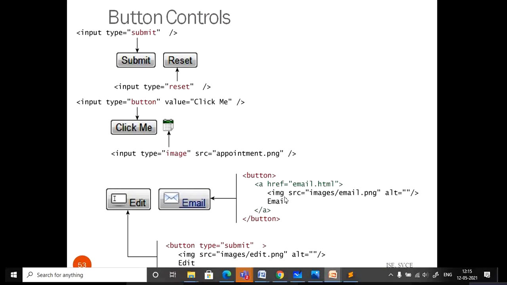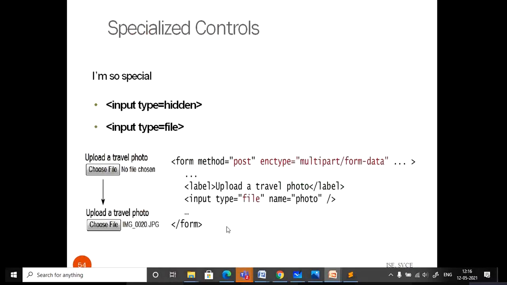Here we are using an image on the button, and also there is a hyperlink to email.html, and the image indicates what this button is for. Similarly, you can observe this is a submit button, and on top of the button you are specifying the image. We'll execute these buttons and come back.